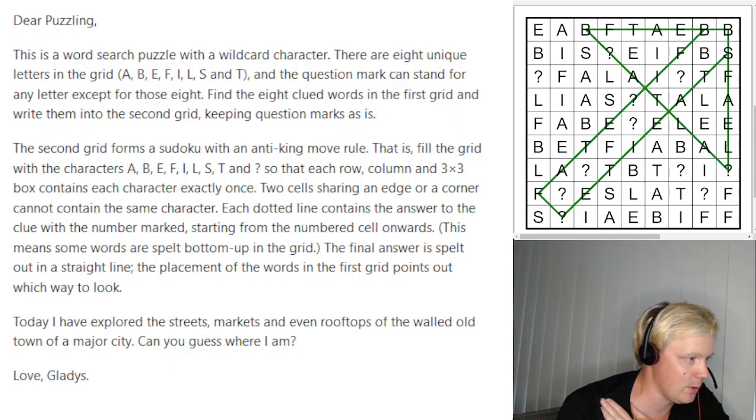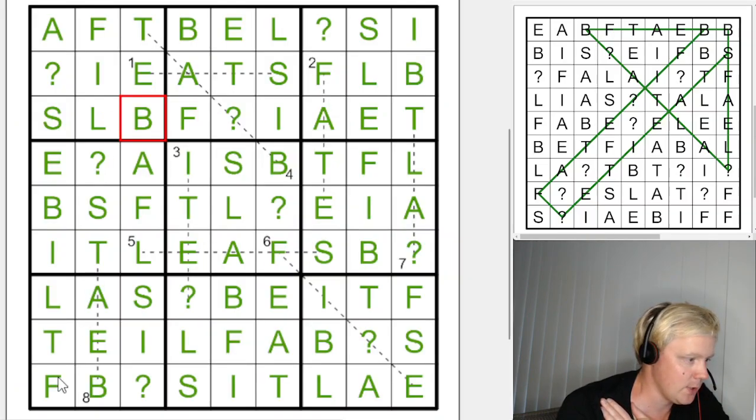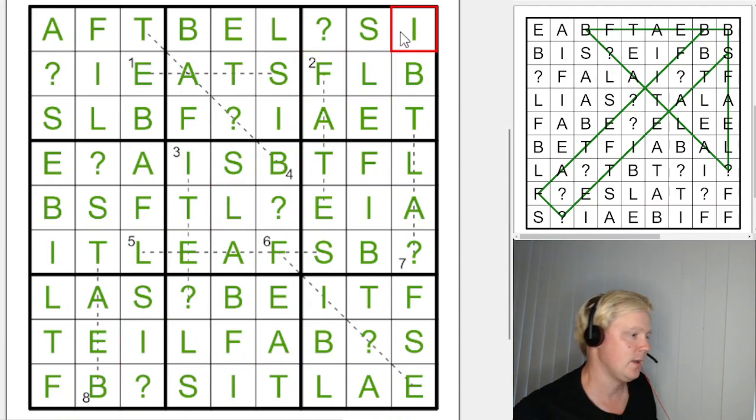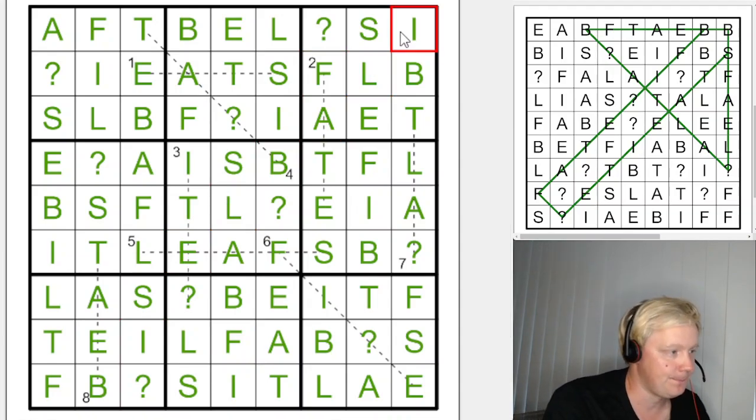So let's look at the solved grid again. Up and to the right. So if we look at this diagonal here, that would spell out F-E-S, E-L-B-A-L-I. Fes el Bali. And that just happens to be a place. And that is our final answer. So let's look at what on earth